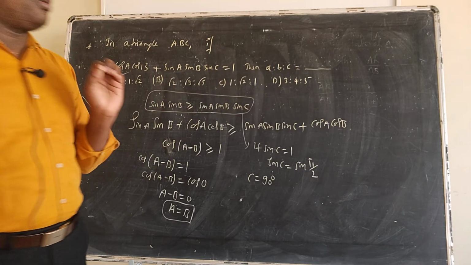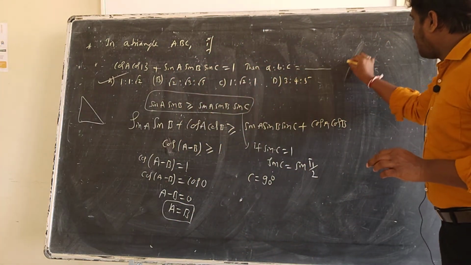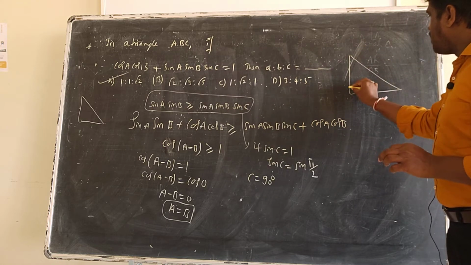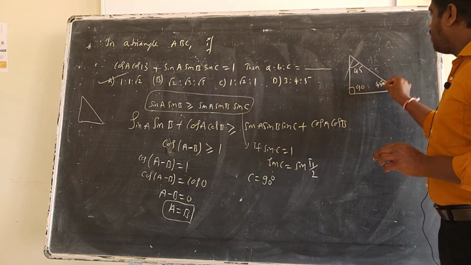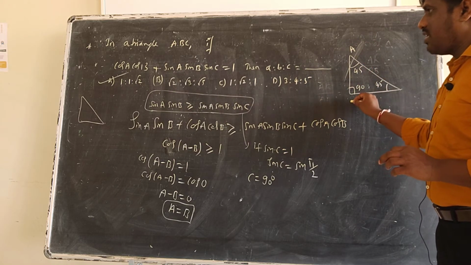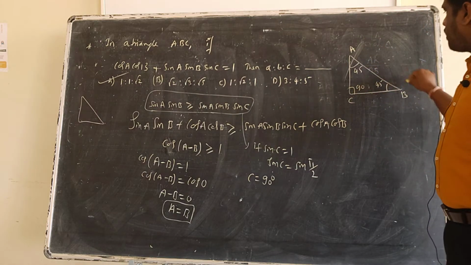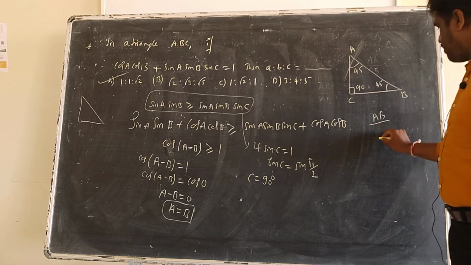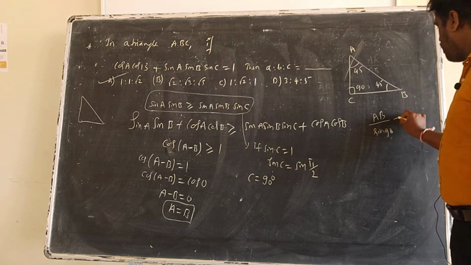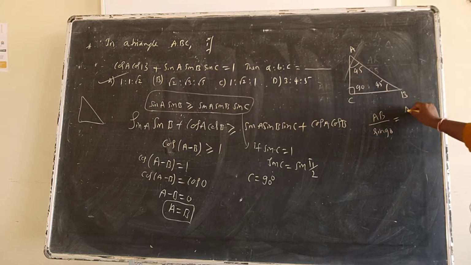See, for any triangle where you want to find the ratio, you should know the angles. Okay, see here, it's a right angle triangle. They have given 90 degrees, 45, 45. Use the sine rule. Here A, this is C and here B. So what do you get here? AB divided by sine 90, is equal to AC divided by sine 45.